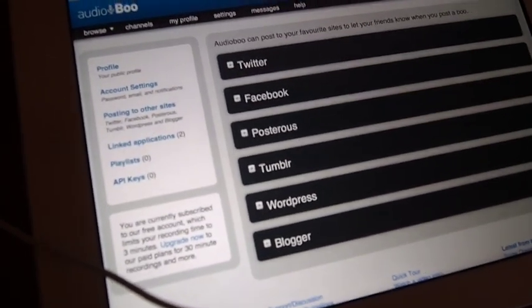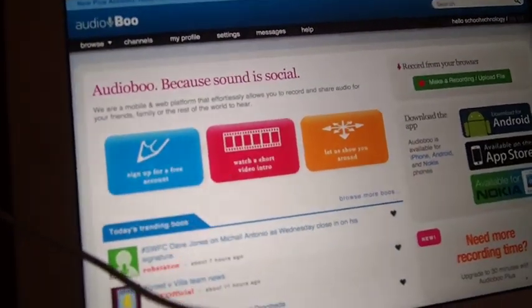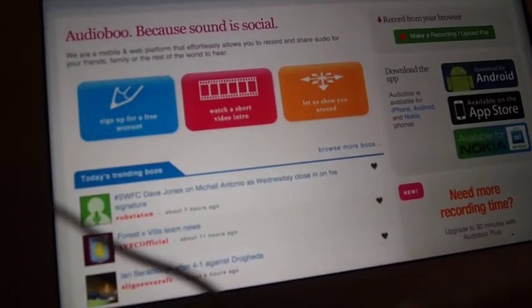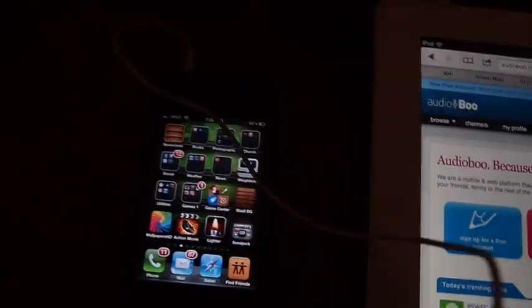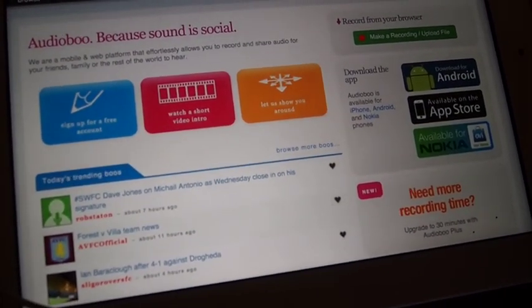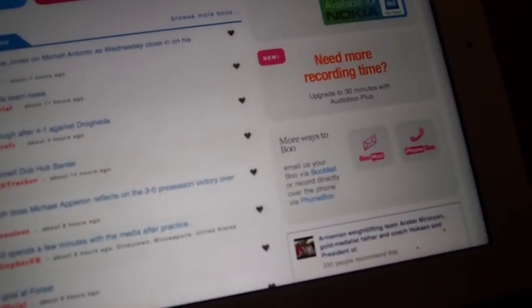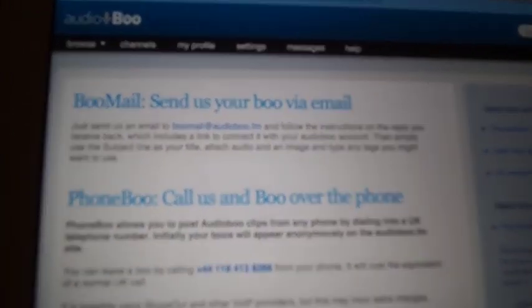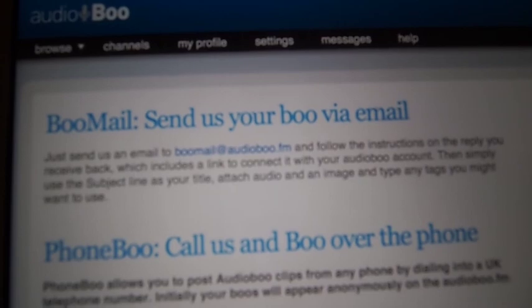Now once you have that done, going back to the front page of Audioboo, and excuse this little wire here, this is my earbuds, which I'm going to be recording on the iPhone in just a moment. Once you have your account set up, you then scroll down a little bit right here where it says Boo Mail, and that's what you want to set up. So I'm just going to tap on the Boo Mail icon, and it says you need to send an email to this address here, which is